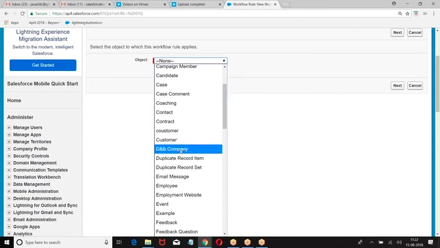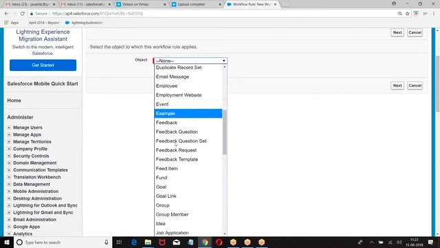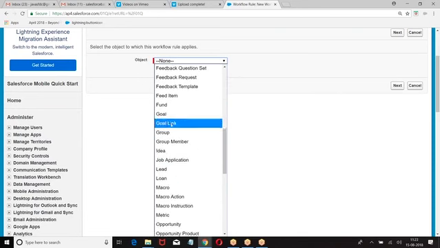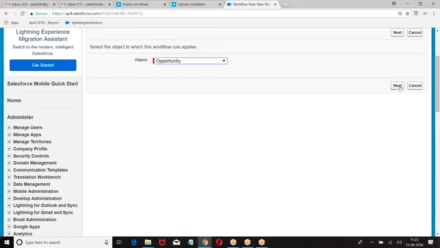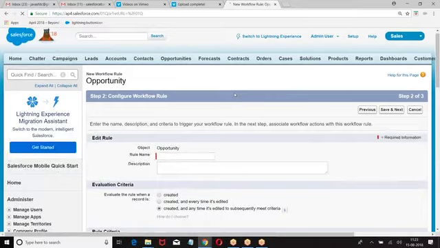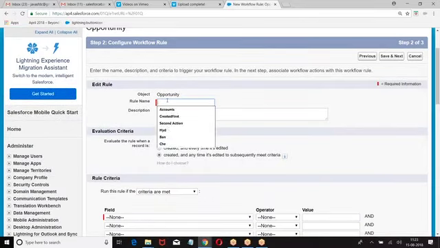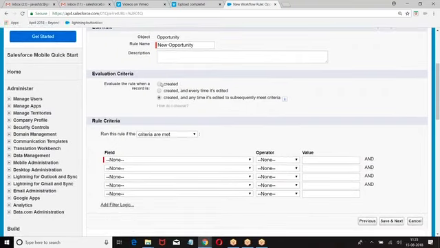Choose the object. I have, let us say, opportunity. Next, new opportunity. When a new opportunity is created, or created and anytime it is edited to subsequently meet the criteria.